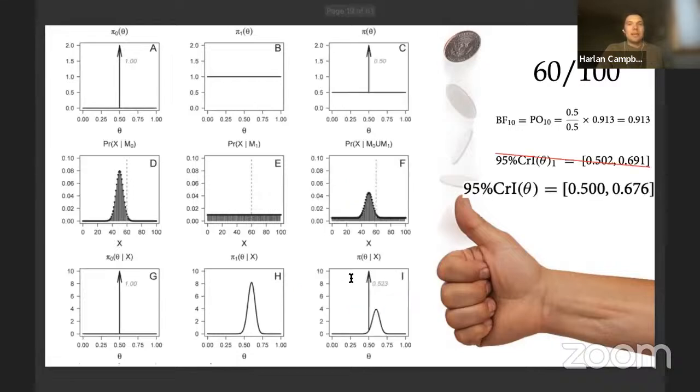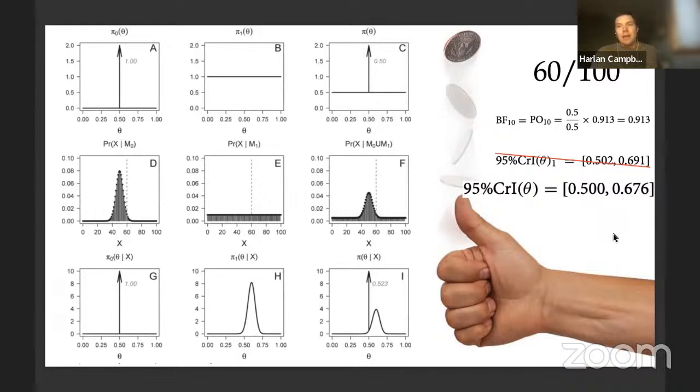And what we are going to say here is that instead of presenting that credible interval, we should present a credible interval that acknowledges the uncertainty between model 0 and model 1, because a priori, either of those models was equally likely. So the proper posterior to consider when doing estimation is the mixture posterior, which is the lower right-hand panel I here at the bottom. You see it has the spike, but it also has this curved density. And if you consider that posterior, then you get a 95% credible interval that does include 0.5, and it goes to